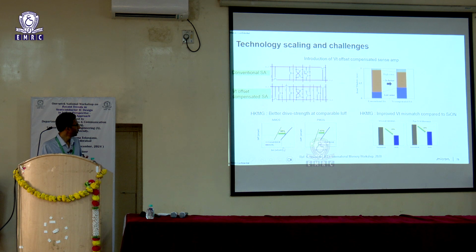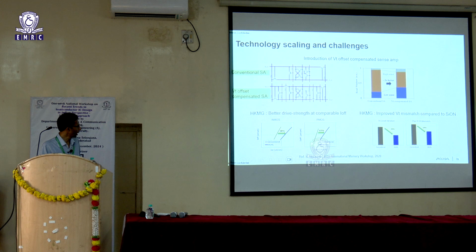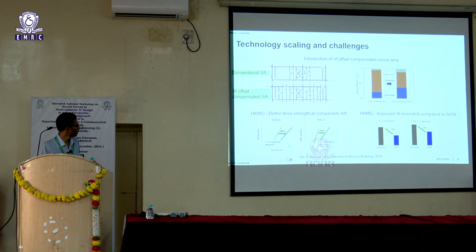Now at the device level, we have migrated from a conventional SiON device to a high K metal gate device. So with this, your I-off performance has increased and also I-on performance. So for the same I-off, you have a 58% improved I-on, and similarly for the same, okay, this is for the NMOS and PMOS, that's very shocking. So if you translate this chart to otherwise also, you will see a similar performance. For the same I-on, you will see a better I-off. And not just the drive strength, your VT mismatch also improves, and that also translates to your better sense margining.